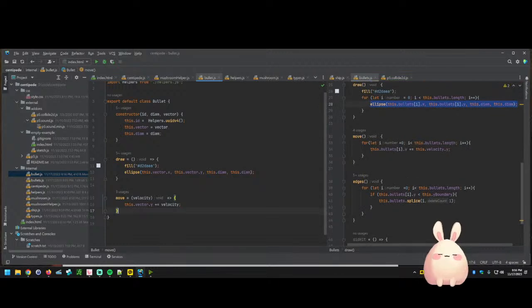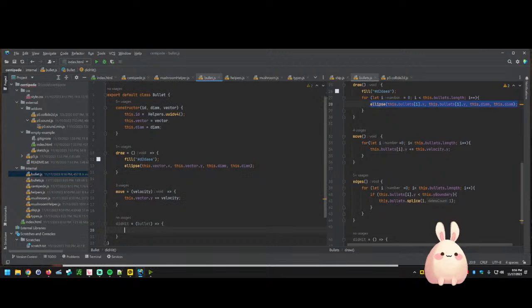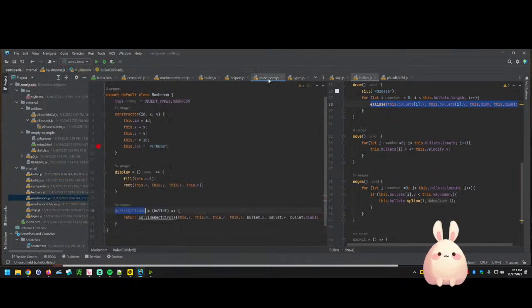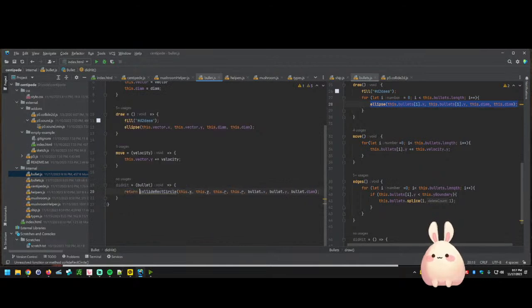So I guess we want to know whether this did hit. We'll need to send it what the bullet is. Did hit is going to be equal. We'll send in the bullet. And what we'll do is, I think we had it here in mushroom. Yep. So we're in bullets. Did hit. So where you want to return collide did circle